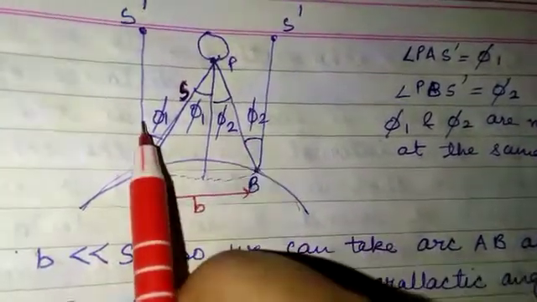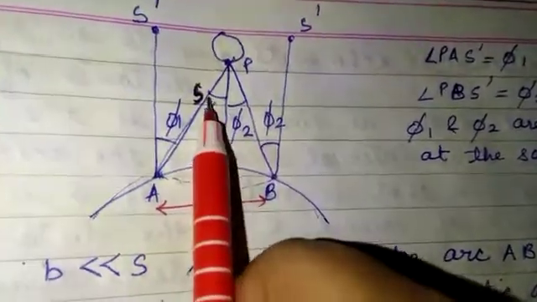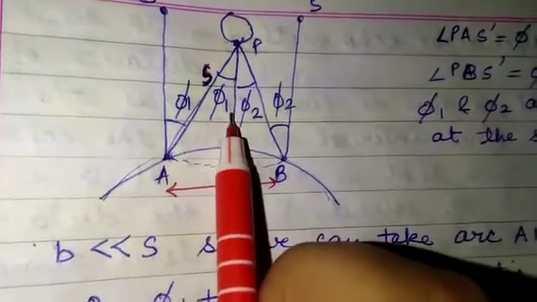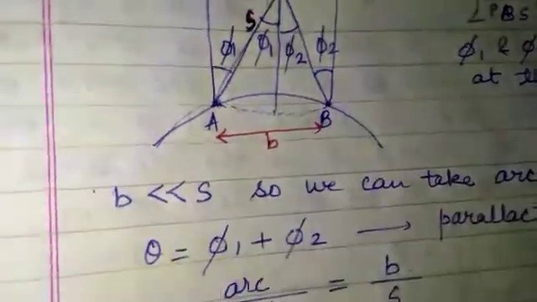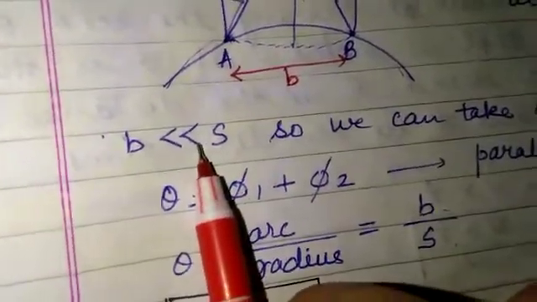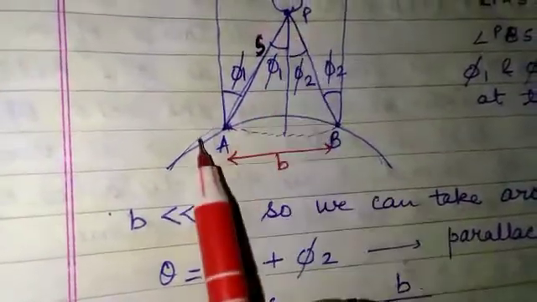By measuring phi 1 and phi 2, we can calculate this parallactic angle, which is given by theta, and theta is equal to phi 1 plus phi 2. If B is very much less than S, then